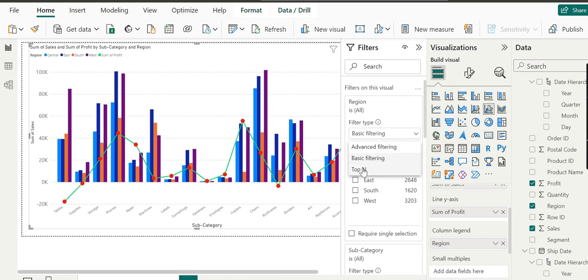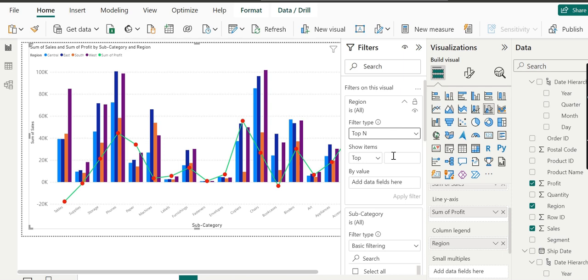We will go top N, filter by value, and we want to see only top 6. Then by value we add the field here. We can add any value and then click on apply filter.